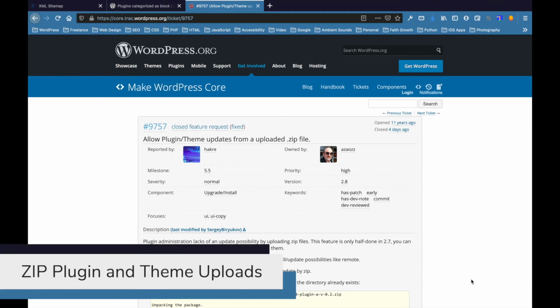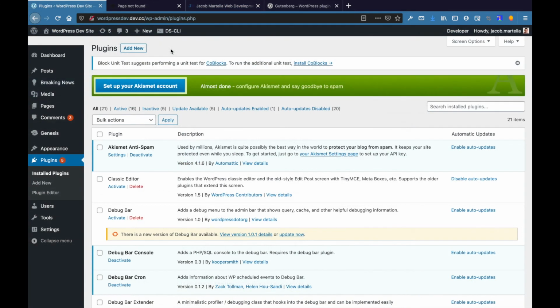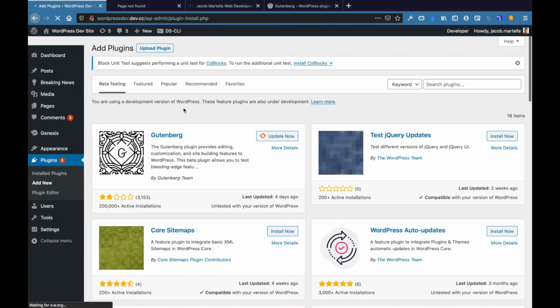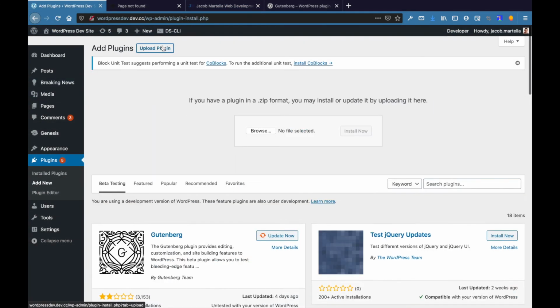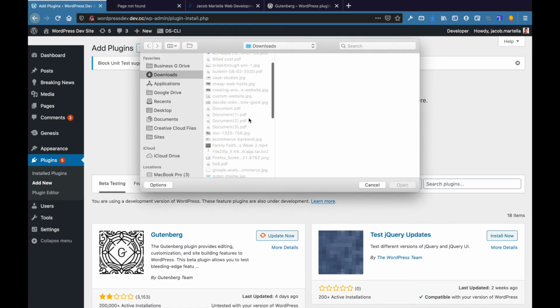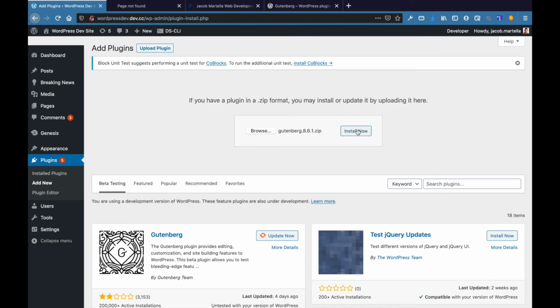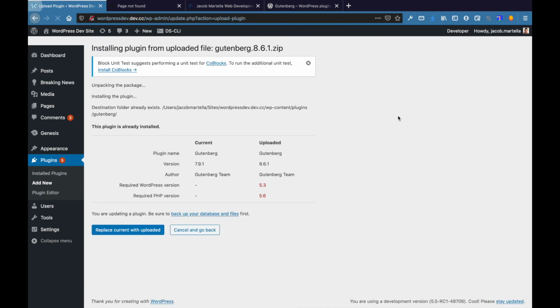Finally, you can now upload plugin and theme updates as zip files to your website. This one wins the longest time spent in track award for this release, as it was first opened in 2009, 11 years ago. Anyway, for a plugin update you want to do by hand and not by the built-in updater, you can go to Plugins, add new, and upload plugin, and upload your plugin update zip file. And the process is pretty similar for themes. It's a small thing, but it's a nice thing to have.